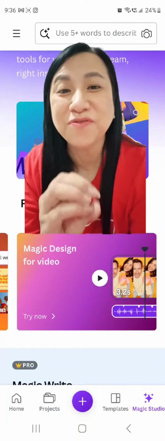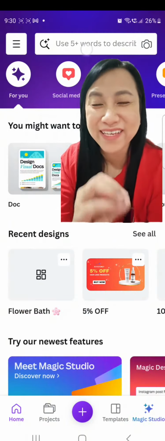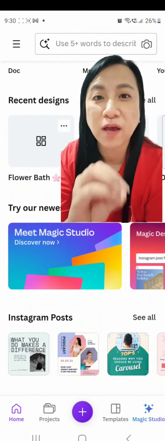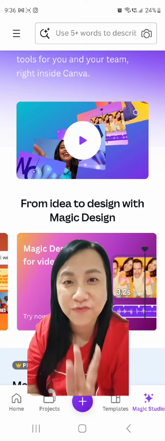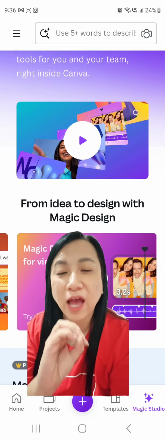Have you tried the new AI video function in Canva? Wow, it is so easy. Okay, guys, go and try. Okay, how it looks like. Come, let me show you how to create an AI created video just by putting a few photos and just